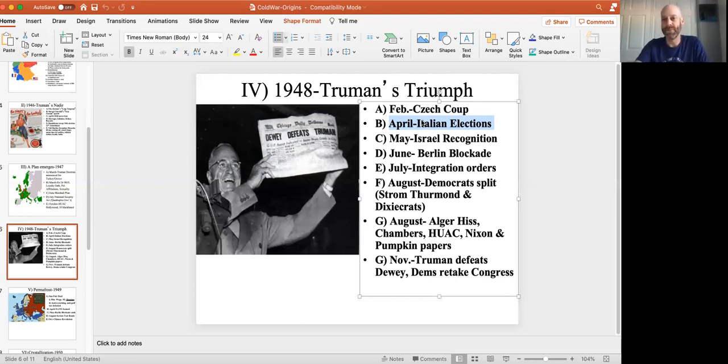Again, if the communists in Italy take over, you don't need Stalin's tanks to run into Rome. You don't need rebels to take over by force. Just elections allow you to do that in a democracy. And Stalin was aiding the Communist Party of Italy, giving them money. And so we figured we had to give money to the opposition.